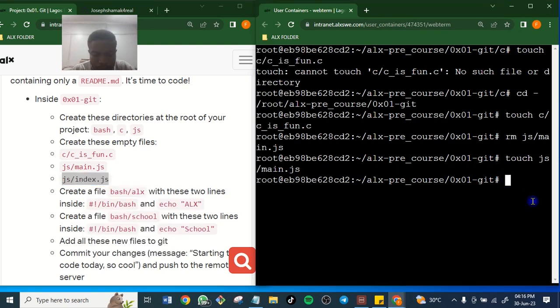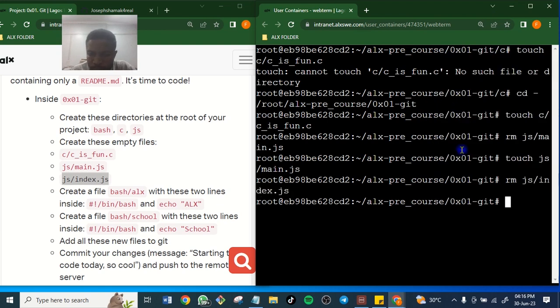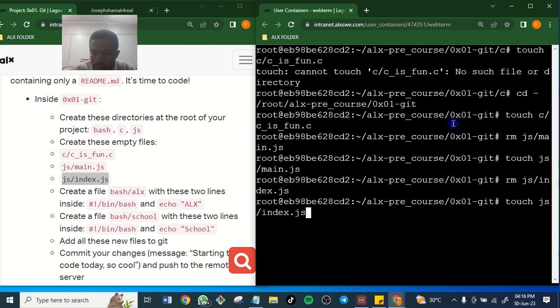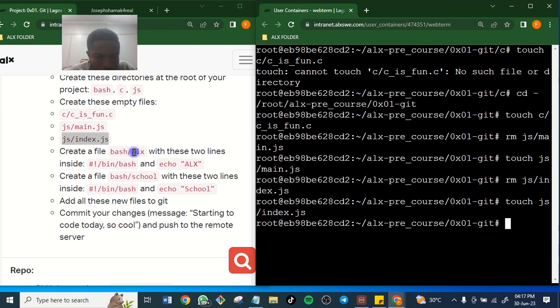So let me remove this. Touch. Okay, I fixed all this.